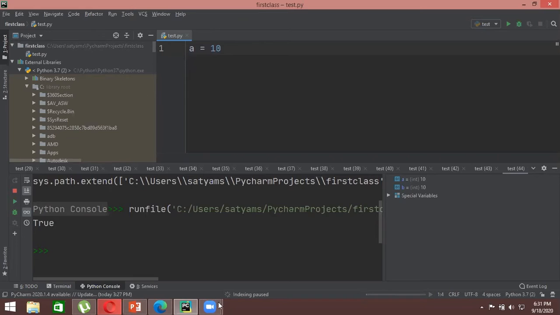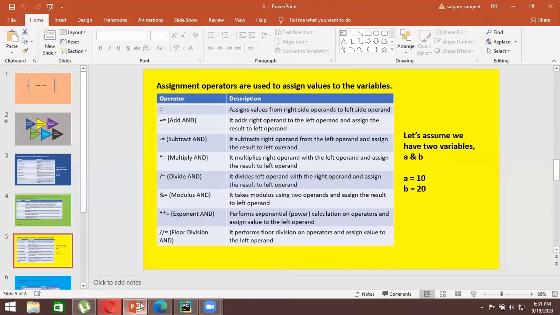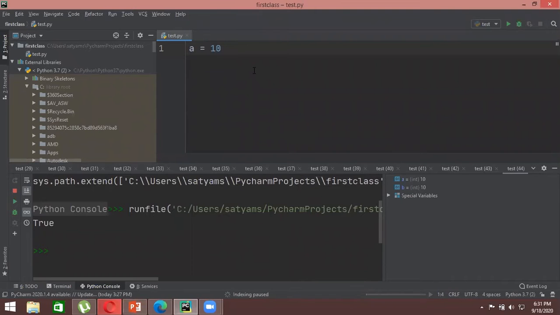The next assignment operator that we'll be focusing on here is plus equal to. Sometimes what happens is, let's say you have defined a equals to, let's say, 10, right? And now you want to add some value to this a, but without defining another variable.